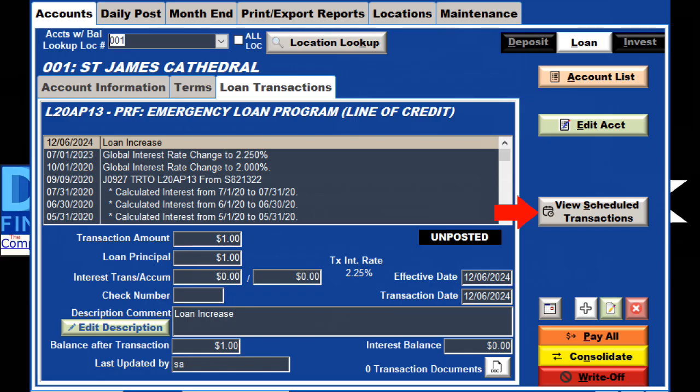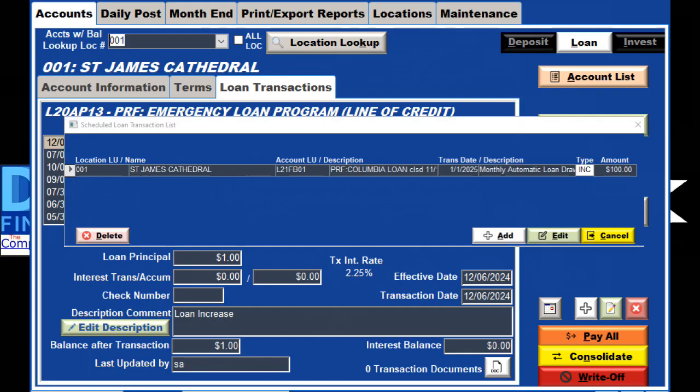If there are currently no scheduled transactions for this account, if you look down to the row of small transaction buttons, you will see the Add Scheduled Transaction button on the left of the plus button. When you click on it, you will go directly to the Add Scheduled Transaction form to enter a new scheduled transaction. Otherwise, if this View Scheduled Transaction button is lit, clicking this button will open the list of currently scheduled transactions for the account,